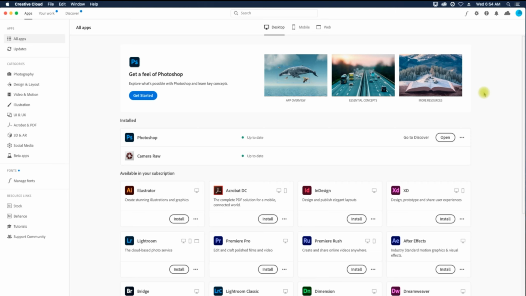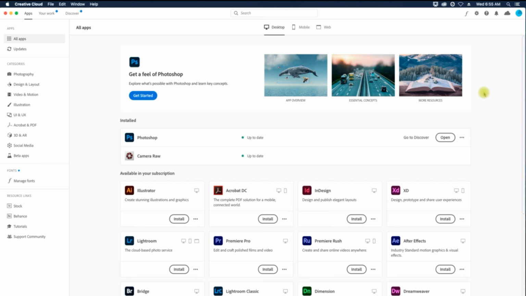But let's say that we're, for whatever reason, not happy with Photoshop, or we want to download a different version, whatever it may be, I'll show you how to uninstall the application. And normally how it was back in the day, if you're on Windows, you'd go to Programs and Features and Uninstall. And with Mac, you just delete it